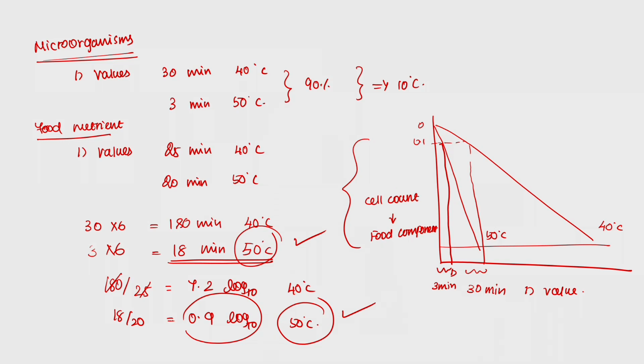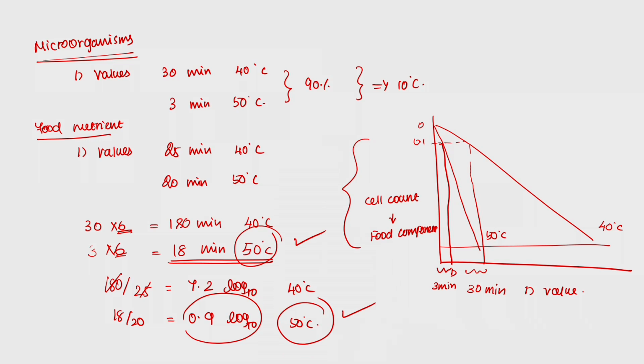So that I will get minimum reduction in the food nutrient. It is not maximum reduction, because I have fixed my microorganism reduction as a 6 log reduction. So for 6 log reduction I would require only 18 minutes at 50 degrees. So I am also getting less log reduction in the food nutrient. This is the way I do the trade-off using D value and Z value. So it is extensively used in designing the sterilization process, right.